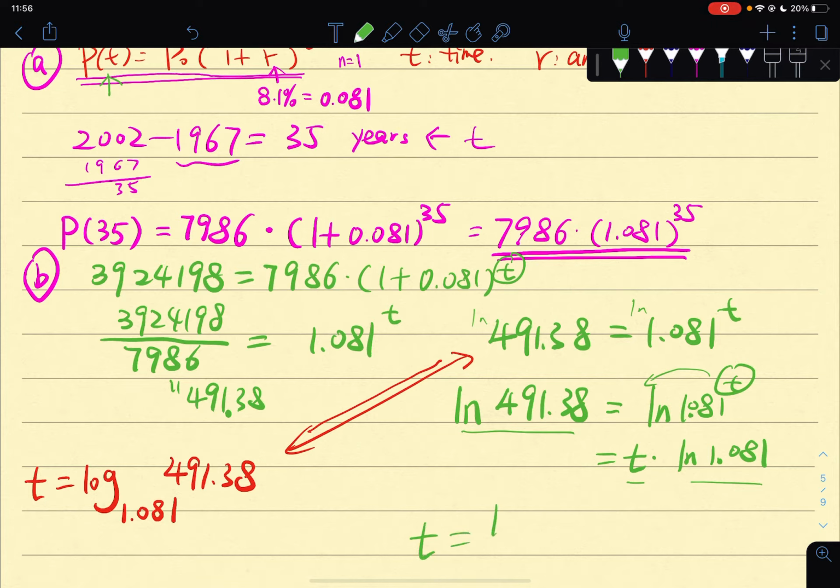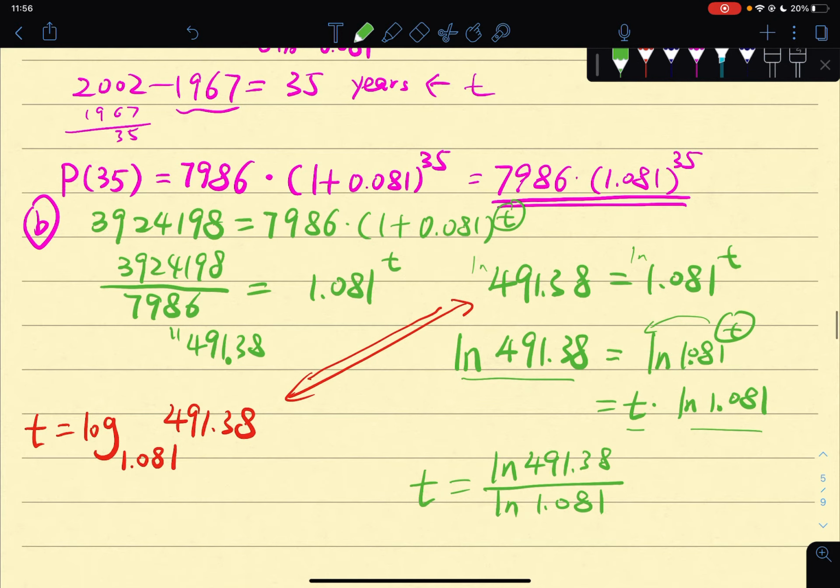So t is the natural log of 491.38 divided by the natural log of 1.081, which hopefully is something you can calculate. Let me carry out the calculation on my calculator, give me just 1 minute. The natural log of 491.38 divided by the natural log of 1.081. So what I end up with in this case is